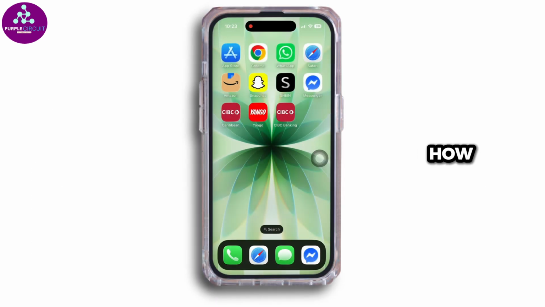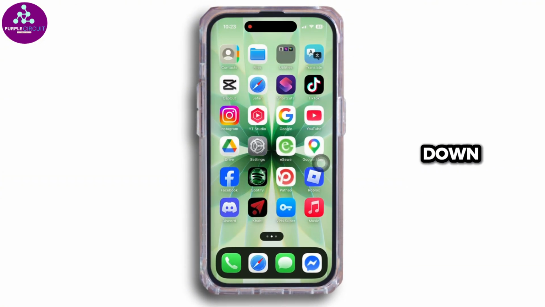In this guide, you'll learn how to fix CIBC. We are sorry, there has been an error message. Let's get started. The first thing you should do is check whether CIBC servers are currently down or under maintenance,